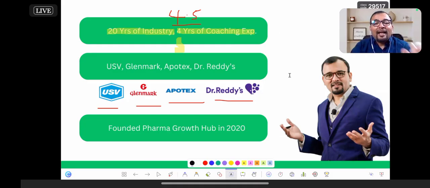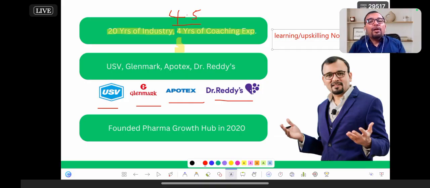People say that learning or upskilling is the number one challenge. Now, why do you think learning is not possible in the industry setup? Because most of the time our employer or colleagues do not discuss such topics. Sometimes they do not know exactly, and sometimes they treat their knowledge as a secret sauce,